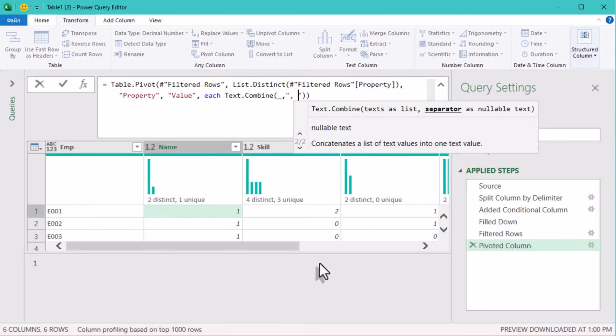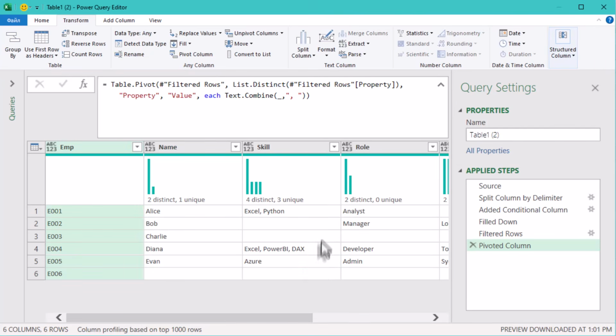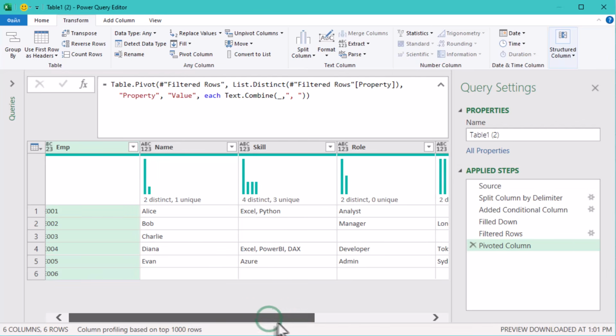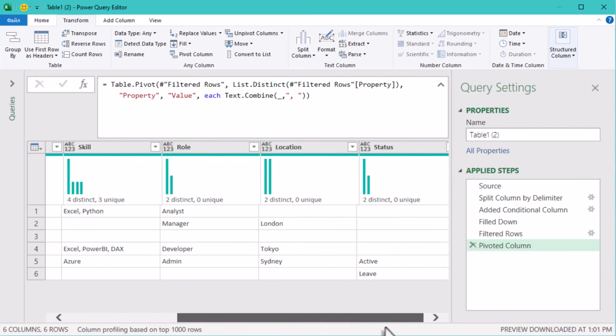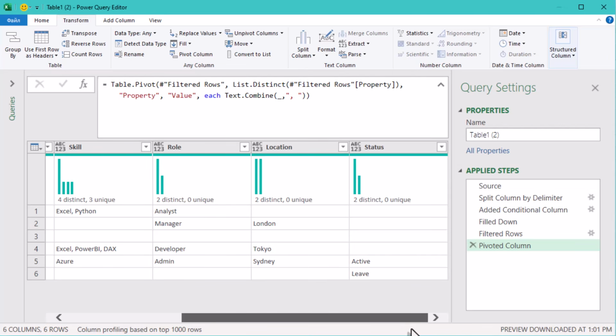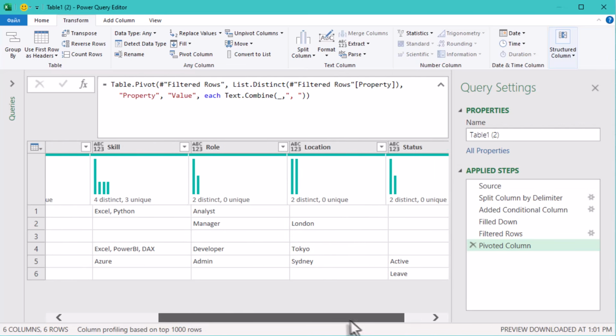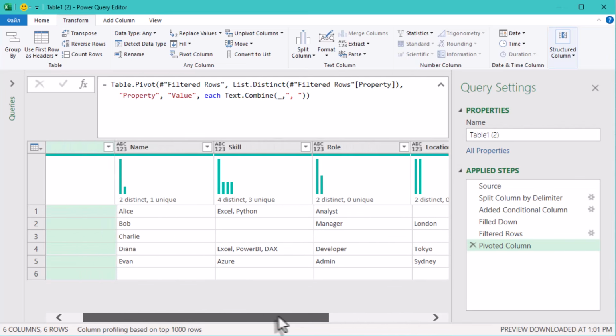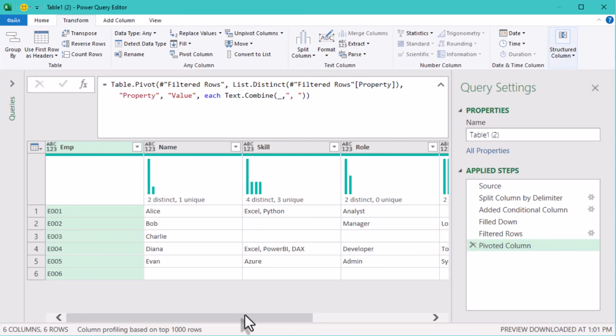This is one of those features that's easy to overlook, but once you discover it, you'll start solving many pivot problems without writing complicated logic. So this tiny piece is doing all the work. The underscore represents every value that belongs in that cell, and instead of summing or counting them, we are simply combining them into a comma-separated list. And that's not a special pivot feature. It's just a regular Power Query function being used as the